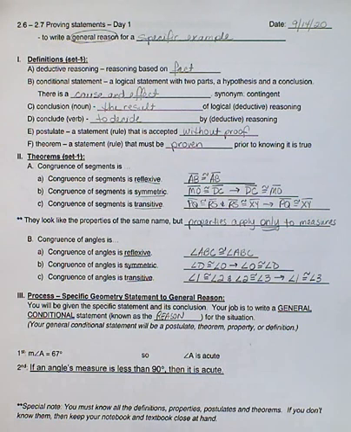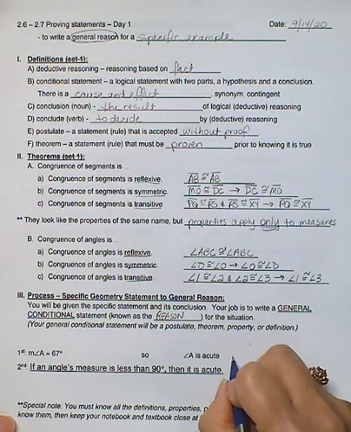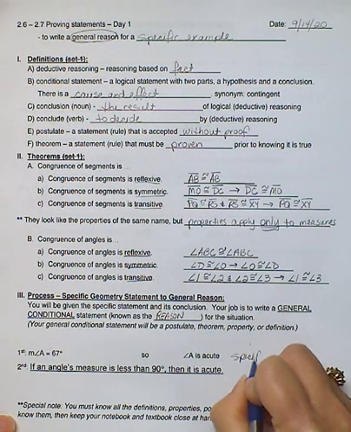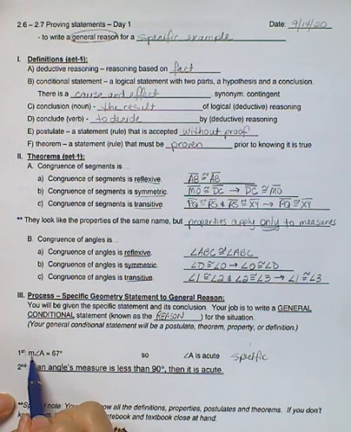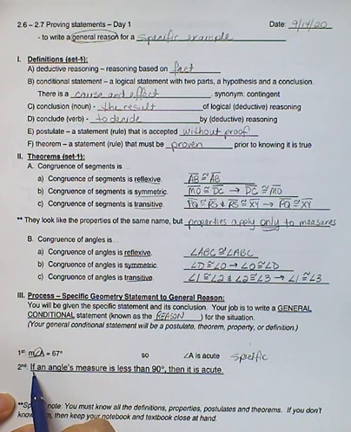Why do I call it specific? Because is every angle on the planet called angle A? No. Is every angle on the planet 67 degrees? No. This is a very specific scenario. So what general definition or postulate or theorem goes with it? Well, let's take what we have specifically and talk about it in generalities using pronouns and things like that. Okay, so first off, what is this? This is an angle. How many angles do I have? I have one. So if an angle's measure is less than 90 degrees,